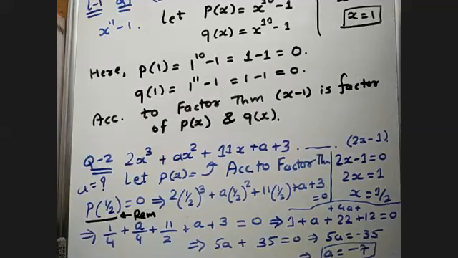Okay, so this question is clear to you. So p of half is not our dividend. Dividend is our p of x, and I am putting this value half in it. Then I am getting value of remainder. Okay. So shall we move forward?